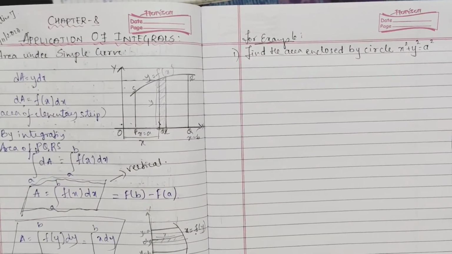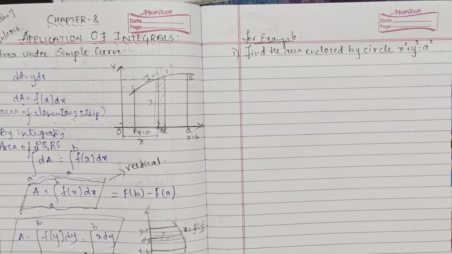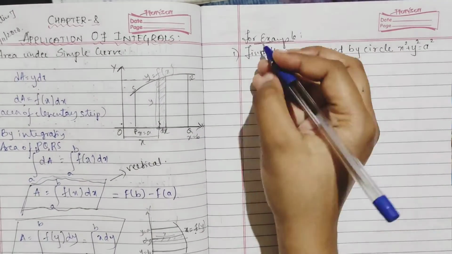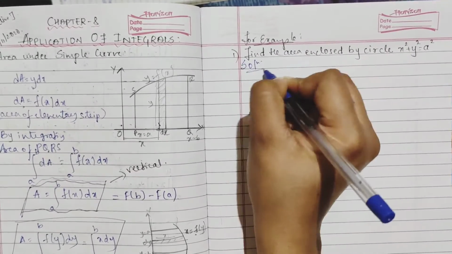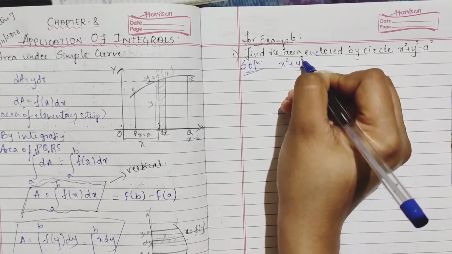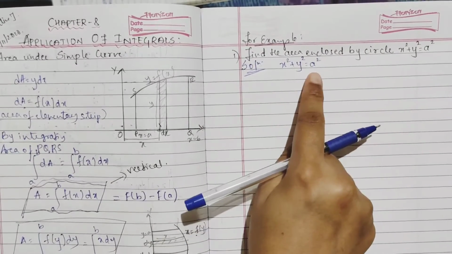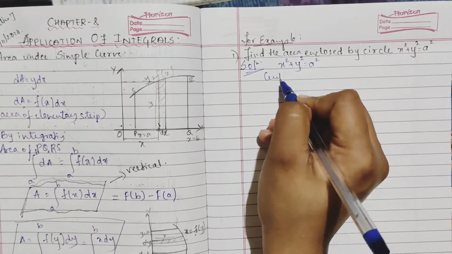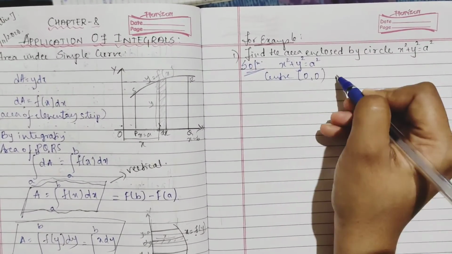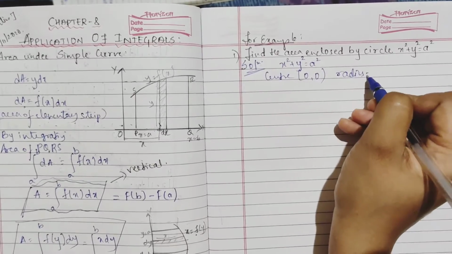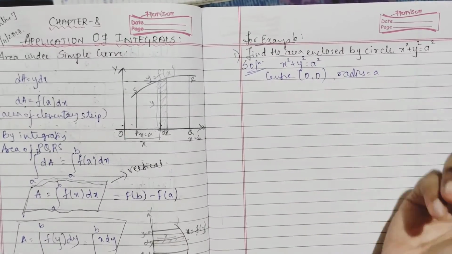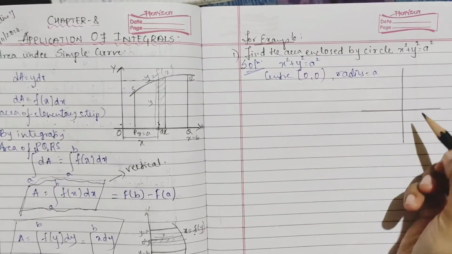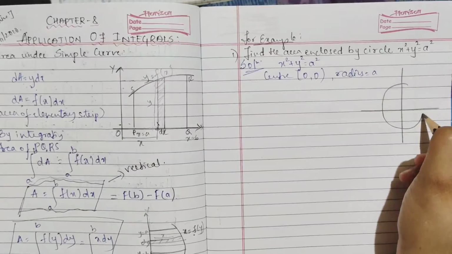Okay, we'll do an example, so you will come to understand how we will use it. Then find the area enclosed by a circle. So they have given a circle, that is x square plus y square is equal to a square. As you can see, the center is the origin. Origin is what? 0, 0, right? And radius is what? A, right? Radius is your a. So we'll draw a circle. Now center is the origin, radius a, so how will you draw it? The circle will come here, right?